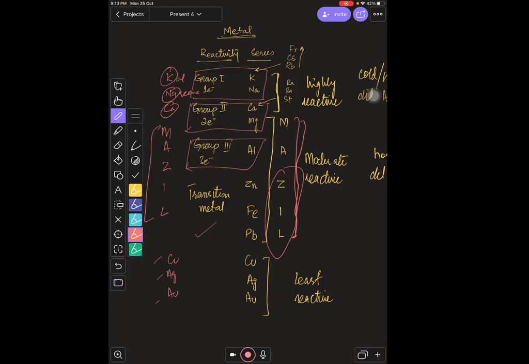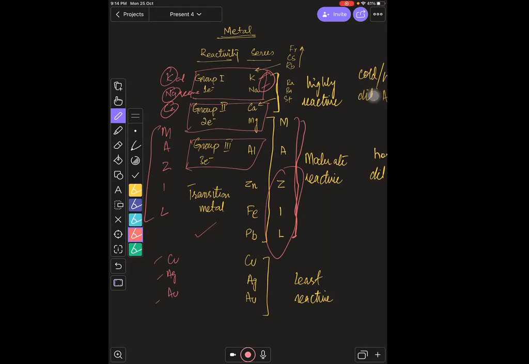Yes. Now it is very important. The reactivity series is too important. You need to remember this. And one more thing, they are highly reactive. These 3 are highly reactive because they can even react with cold water, and they can even react with hot water, and they can react with